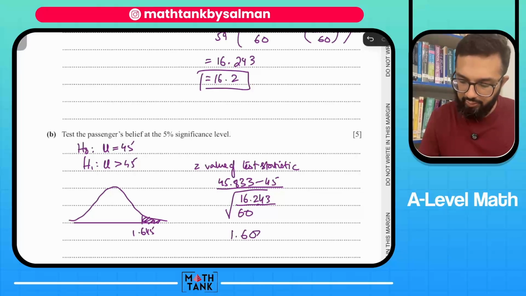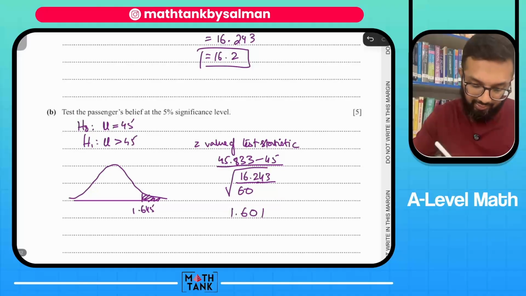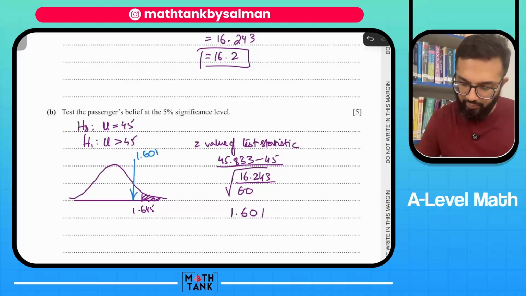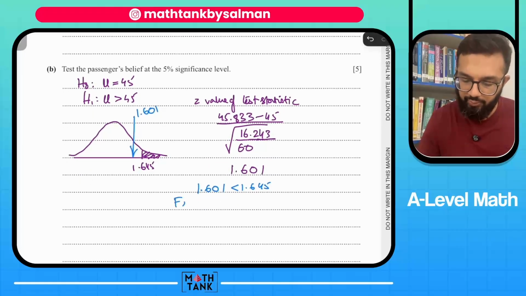1.600... 1.601. Okay, is that inside or outside the critical region? I think it's outside. It's 1.601, so 1.601 is less than 1.645. Okay, fail to reject